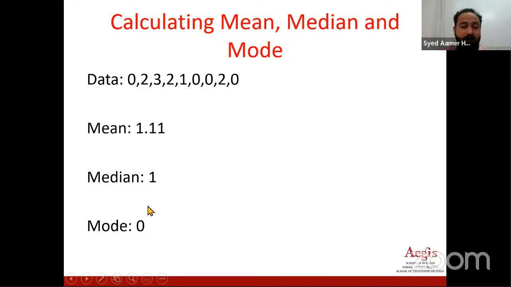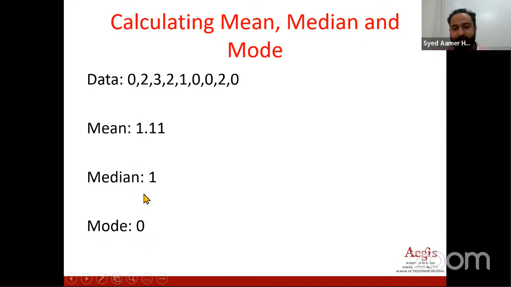Is that clear? And now the third one is mode. Mode is basically the number in your data that is repeated the most number of times. Here, for example, you can see 0 is repeated 4 times. So for this, mode is 0. If you have, for example, 2 ten times, you will have mode as 2.